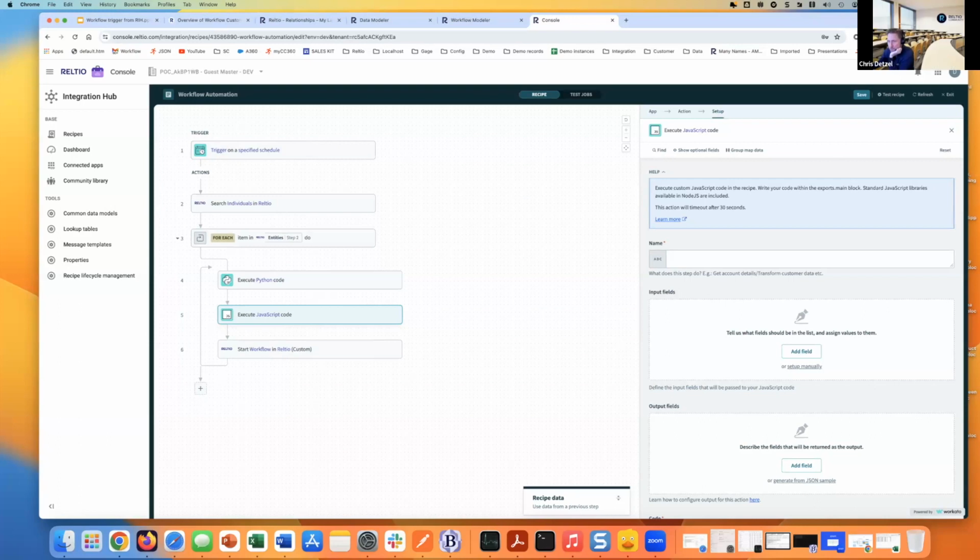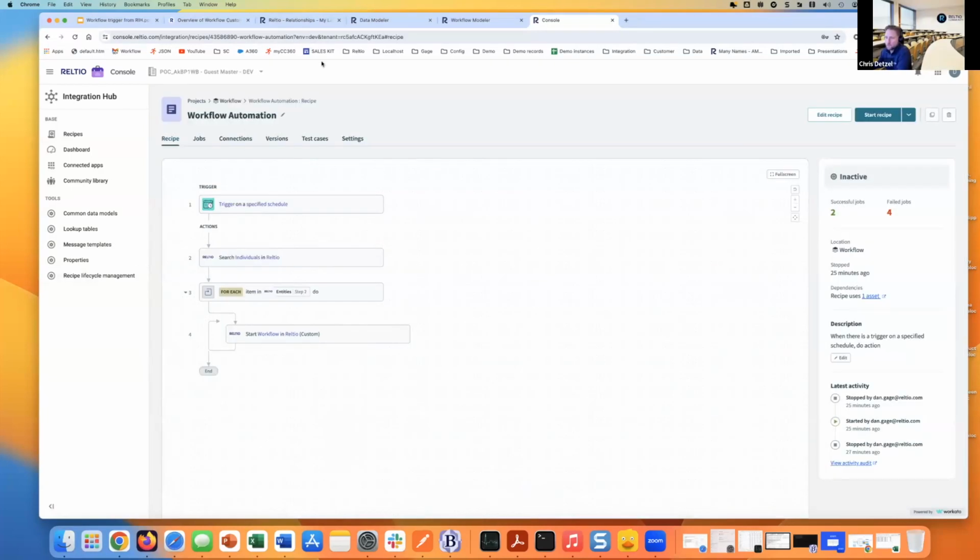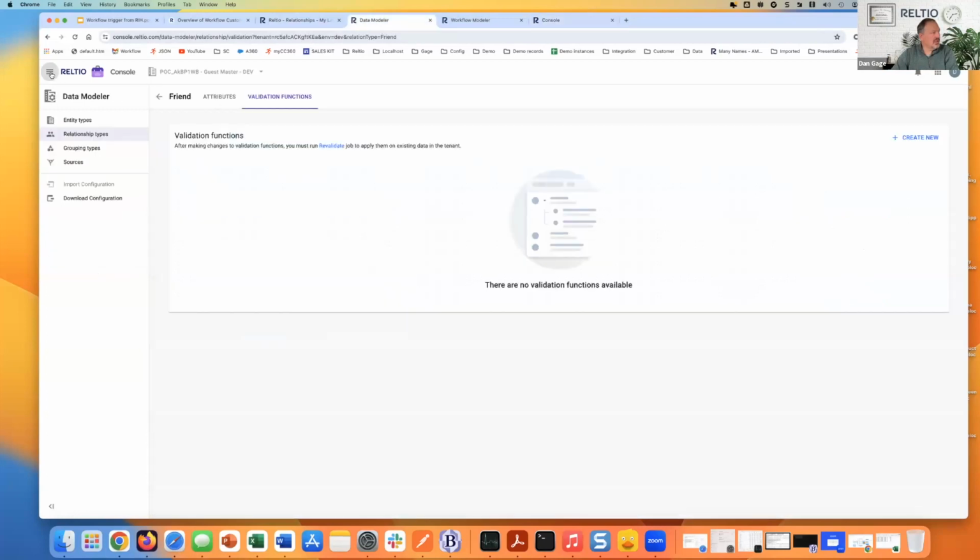So this is answered already, but can we connect Azure Event Hub streaming from Reltio? And it says it is for either inbound and outbound. I don't know if there's additional insights there. Can we connect Azure Event Hub streaming from Reltio? Yes, correct. So in the Reltio tenant management,